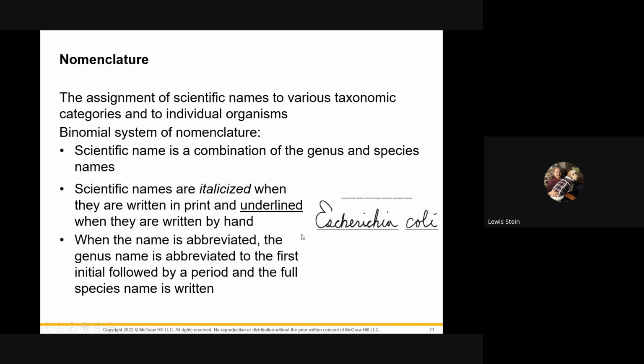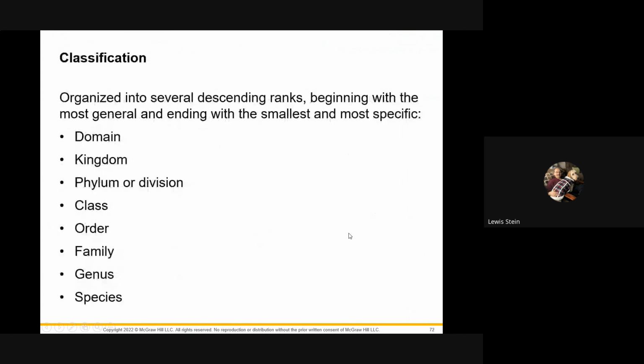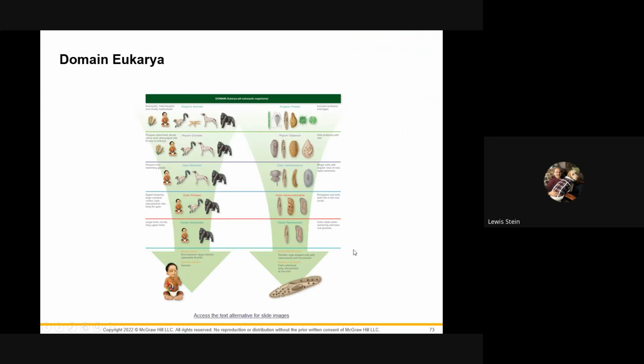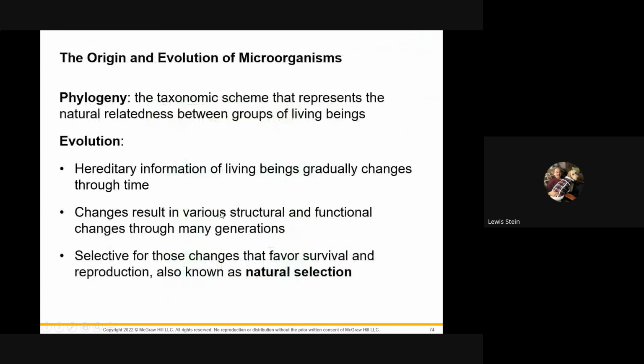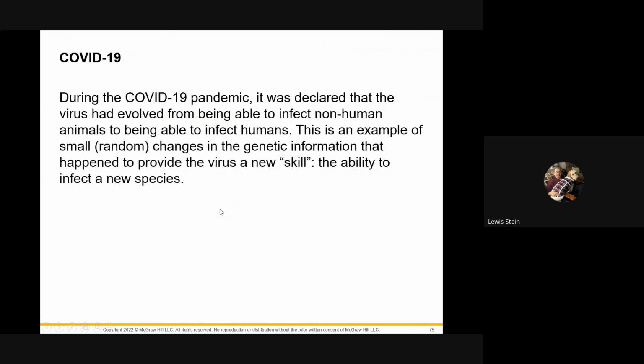So there you are, E. coli. And by convention, you should italicize or underline them. You don't have to do it for me, but on a chart, I would underline. Okay, and here's the system. Genus is the first name, with the first letter capitalized, and species is the second name, like we're Homo sapiens. Capital H for that, sapiens is the smallest group. And there we are. And I'm not doing the evolution.